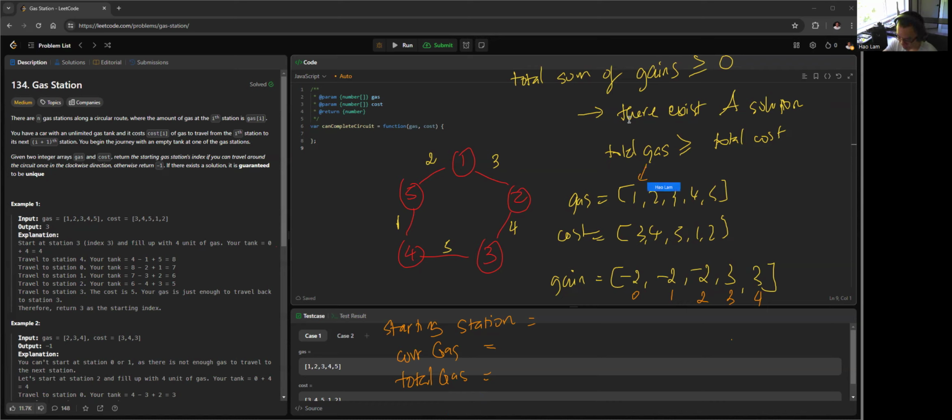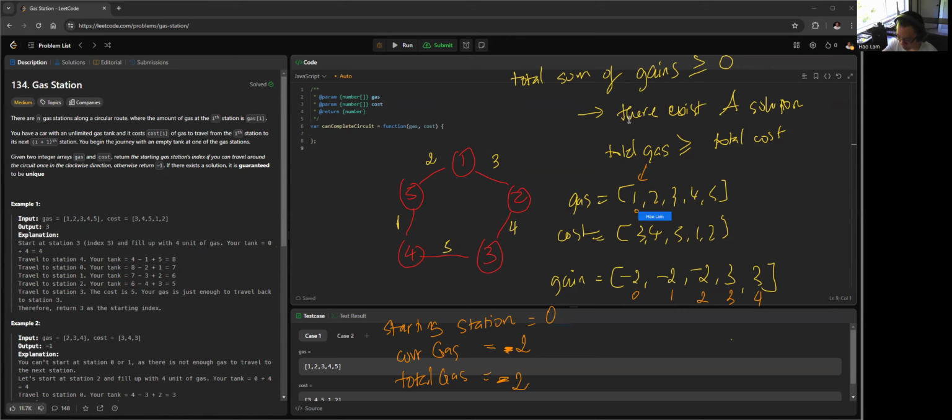So we are here. We look at the gain. The gain now is -2. So we have 1 gas, and to get to the next station, we need to cost 3 gas units. So the current gas will be -2. The total gas will be -2. And we start at station 0,